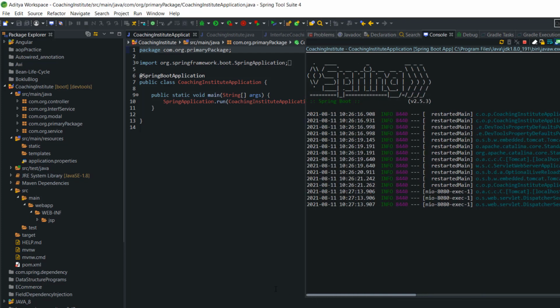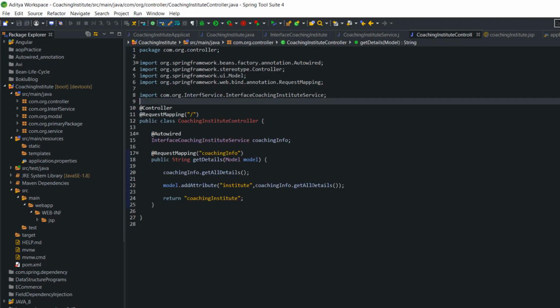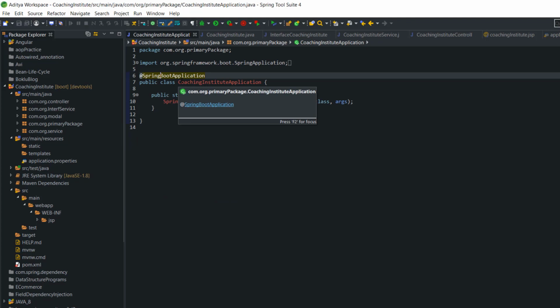Okay, it is not able to scan the controller part. It's not even reaching the controller part. Let's go to the coaching institute application. What is the annotation we require to find the controller and service annotation? That is @ComponentScan, because these are all specializations of @Component. Now if I go inside @SpringBootApplication,